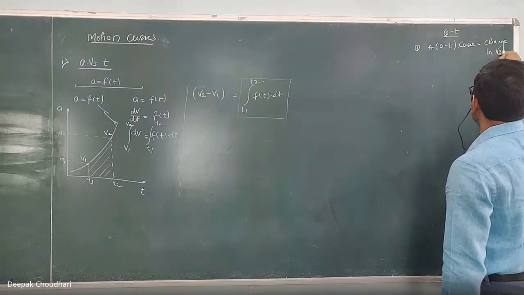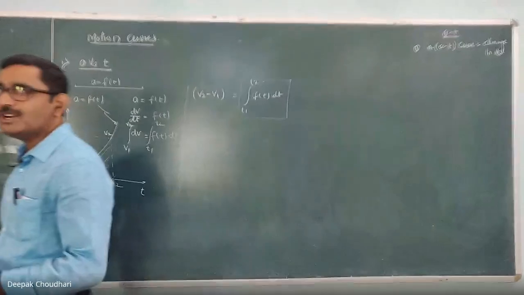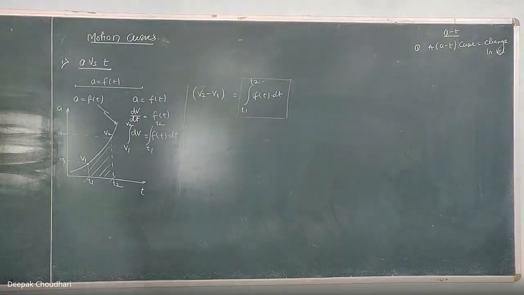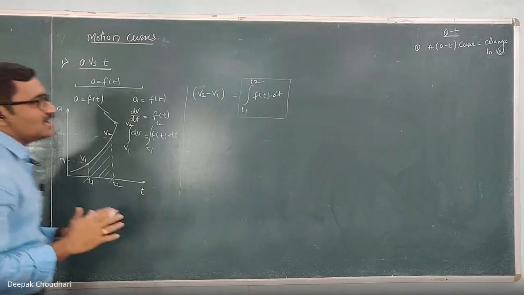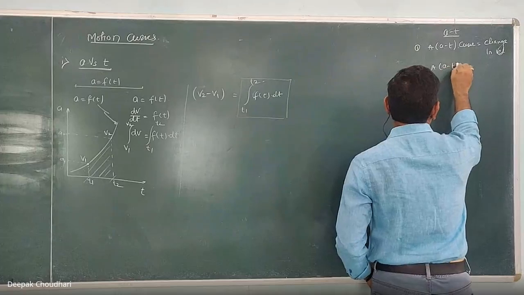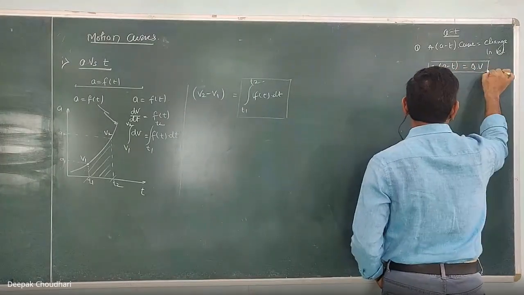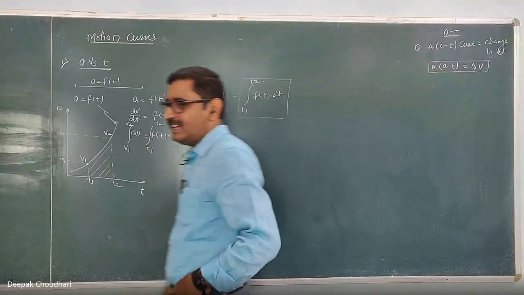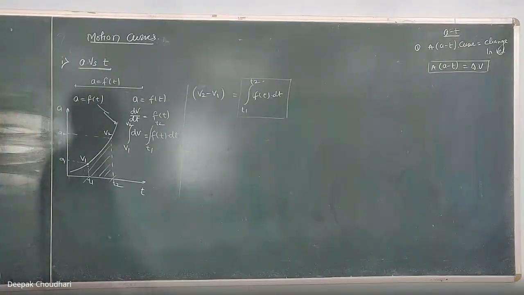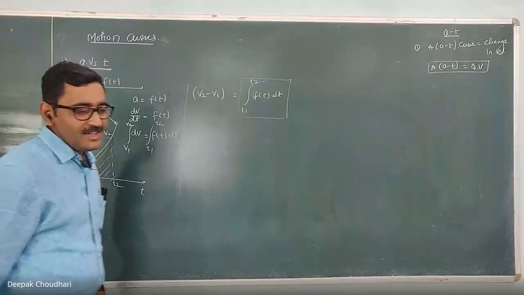It is the change in velocity. Here the area under the at curve will not give you the absolute velocity at any instant. It will not give you the instantaneous velocity. But the area under the at curve gives you the change in velocity. Okay. So area under the at curve gives you the change in velocity. Remember this first property of the at curve. Area under the at curve gives you the change in velocity. Any doubt? Okay. Second,